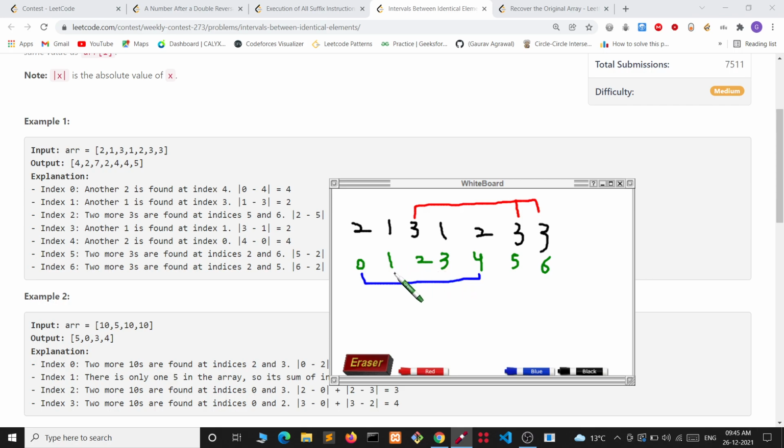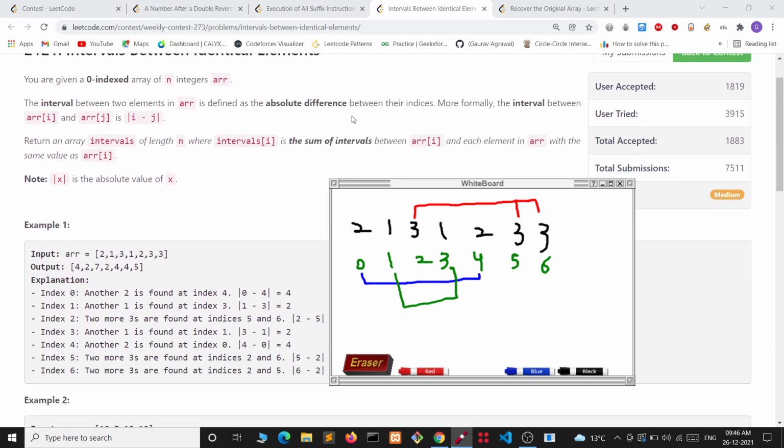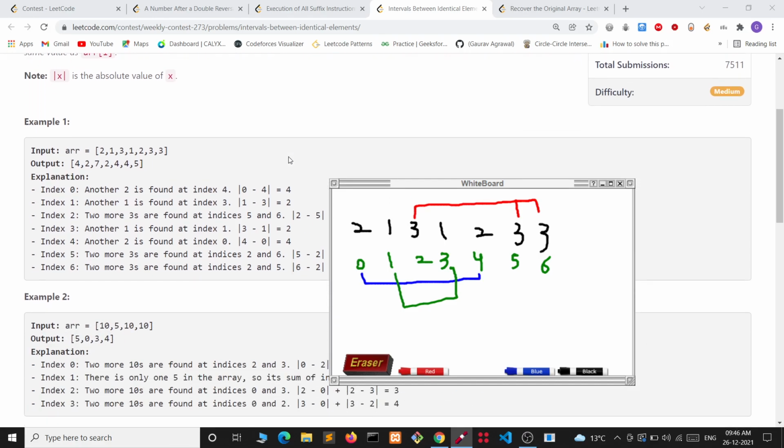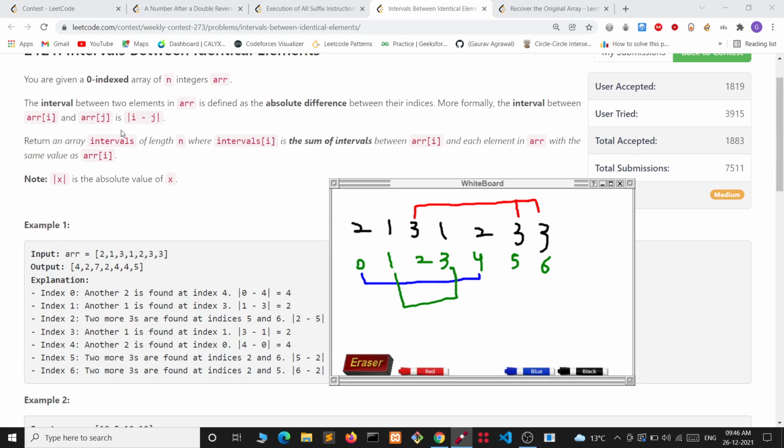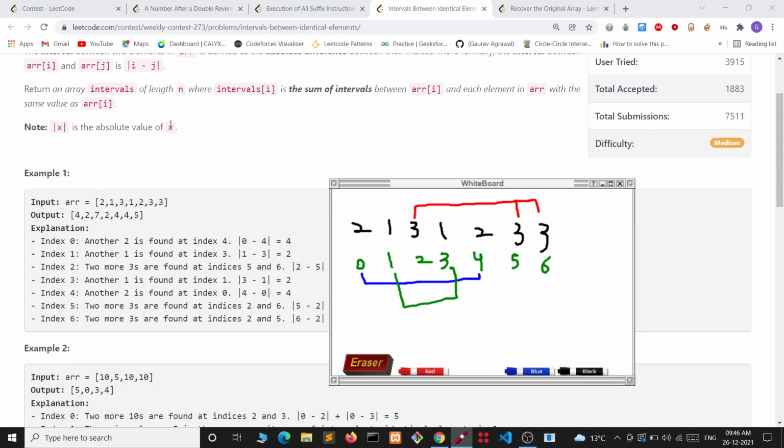and these two elements are common. Now what is it asking? So this is asking that for each index i, we have to tell the sum of intervals between arr[i] and each element in the array with the same value as arr[i].